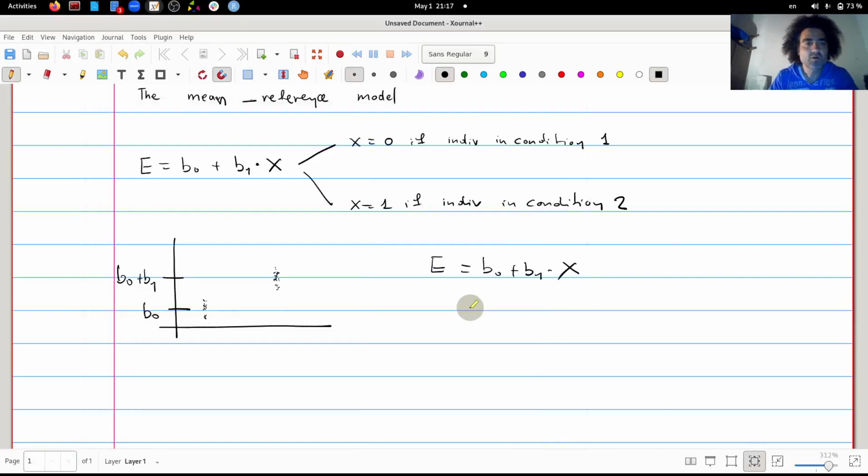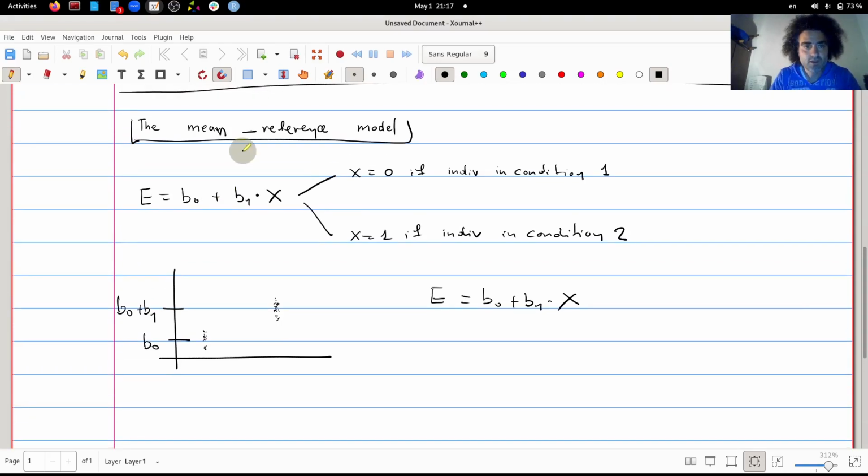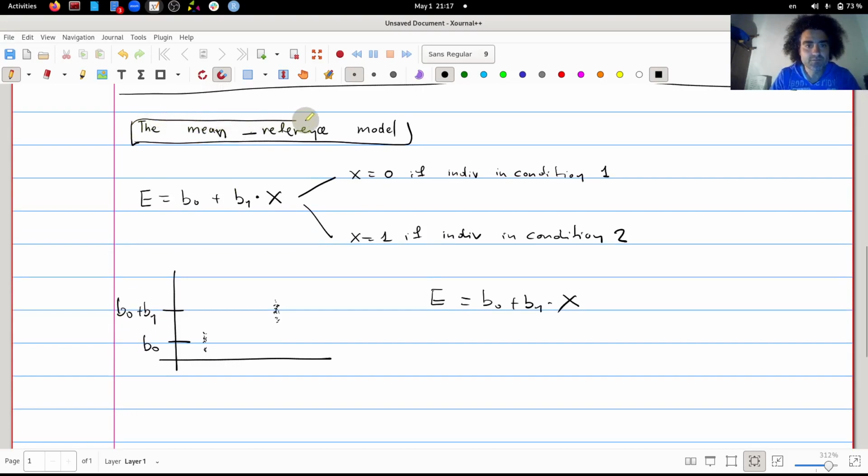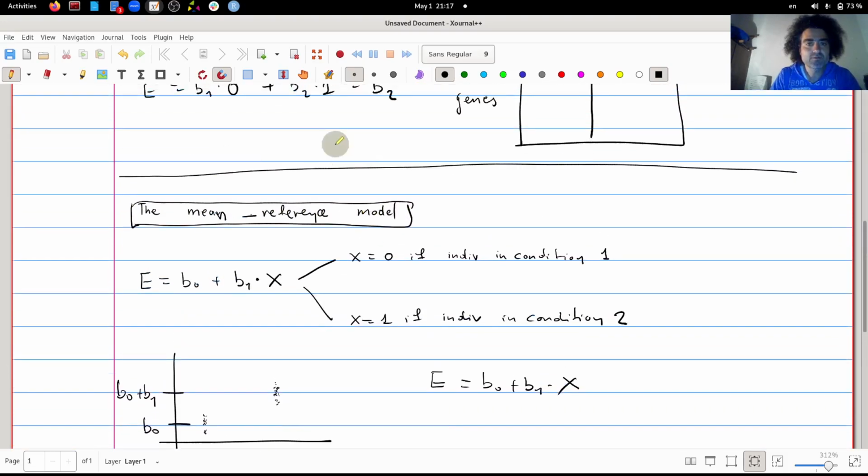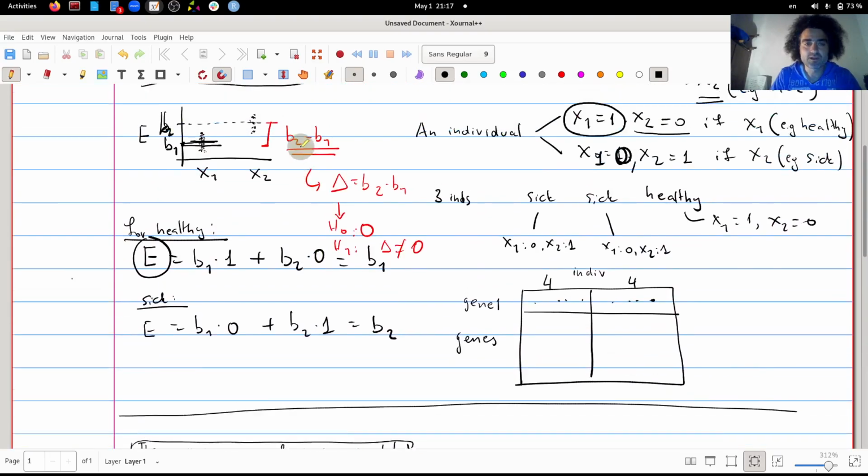Okay, let's go on now to the second way to model what we have, and this is the mean reference model. By the way, I have to say here that the means model is not something that is totally useless